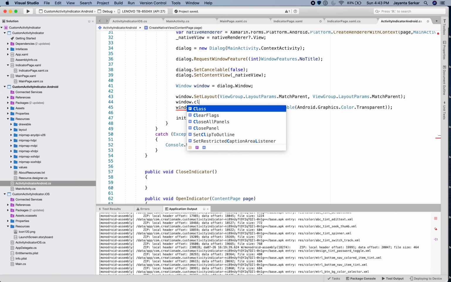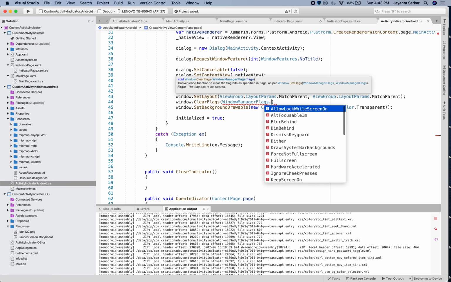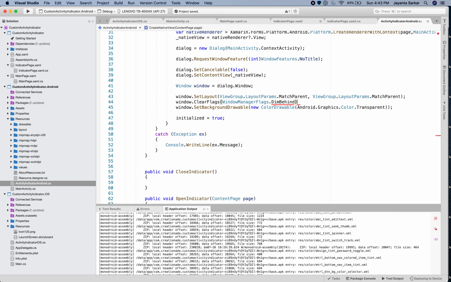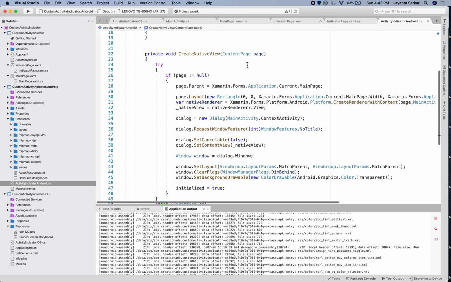Clear, sorry, it should be clear flag. Window flag, we are putting dim behind. That's all. So what we have done is we have passed the content page from the Xamarin main project, common